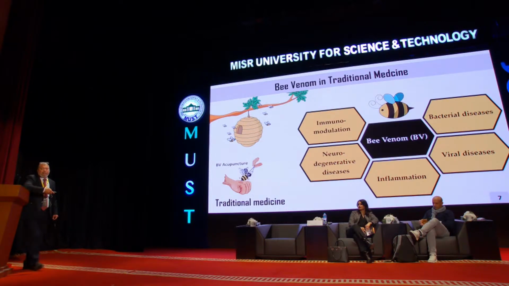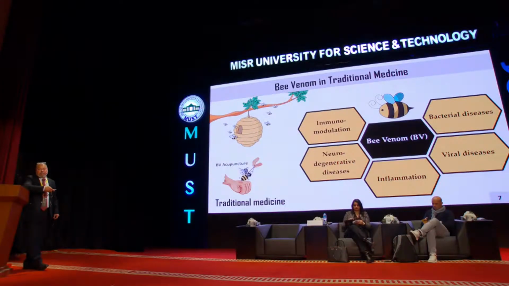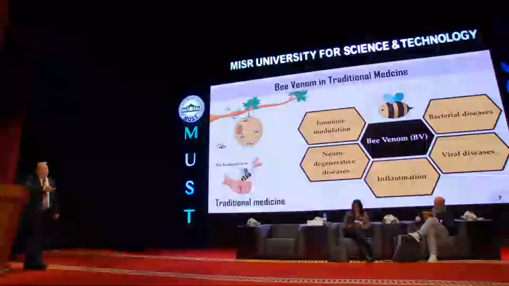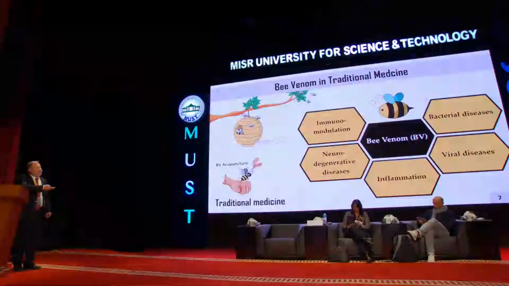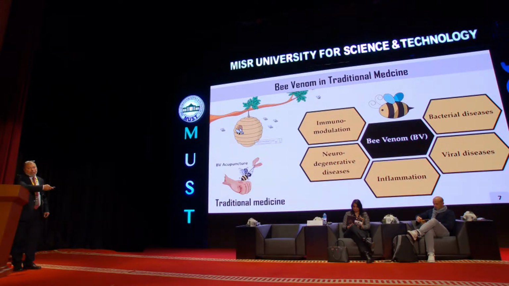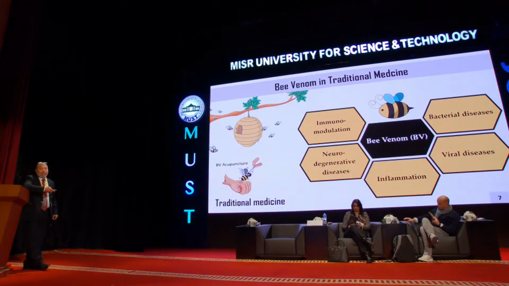From the other side, as you know, there are recent approaches now looking at going back to natural products, especially from herbal medicine and from animals, like venoms of some animals such as bees, scorpions, spiders, and snakes. And we were very interested in dealing with bee venom and its active component melittin. You know that bee venom has been used for many decades to treat